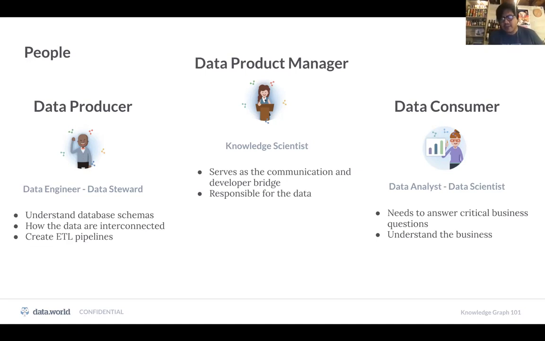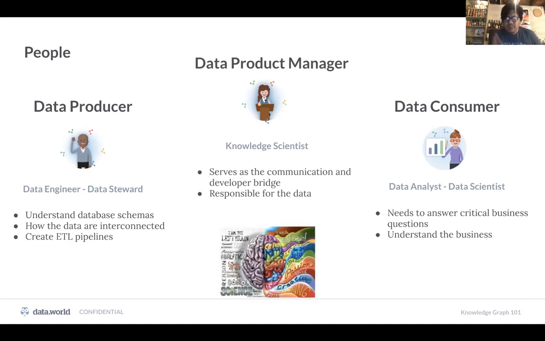I'm going to talk about it in a second, but I think the knowledge scientist is somebody who is going to be doing the knowledge work. And I think knowledge work means I need to be able to communicate a lot with the consumers of data, and I need to be able to communicate with the producers of data. That means that with the business folks, I need to understand what they're doing and model their business, but I need to talk to the data folks and understand how to access data and query data. And from a social perspective, I need to be a people person with the business folks, but I need to be able to be a geek with the data folks.